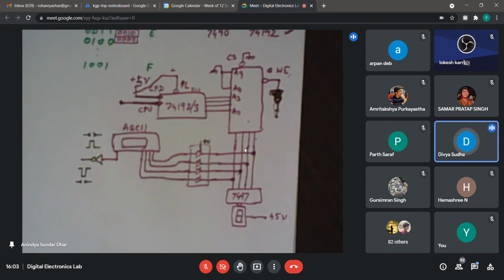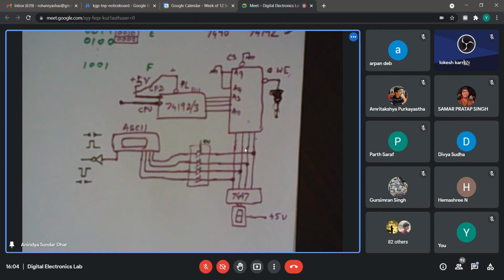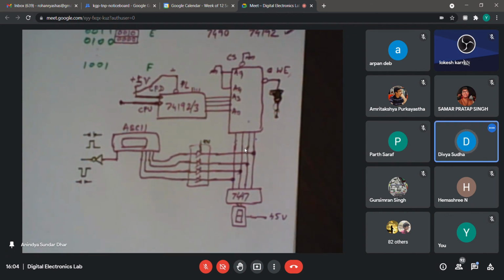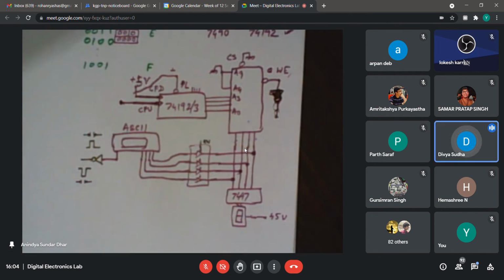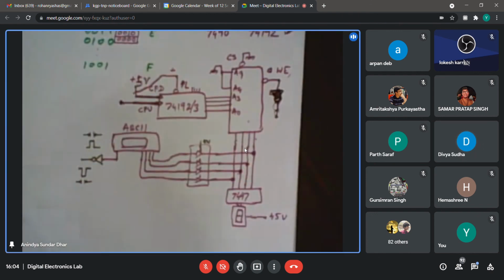So add 2 more inverters. Yes. Add 2 more inverters. Add 2 more inverters, and what should I do? There will be a propagation delay that may stretch the pulse line. No, that will not stretch the pulse. That will actually simply shift the pulse by 2 delay units, but the duration of the pulse will remain same.